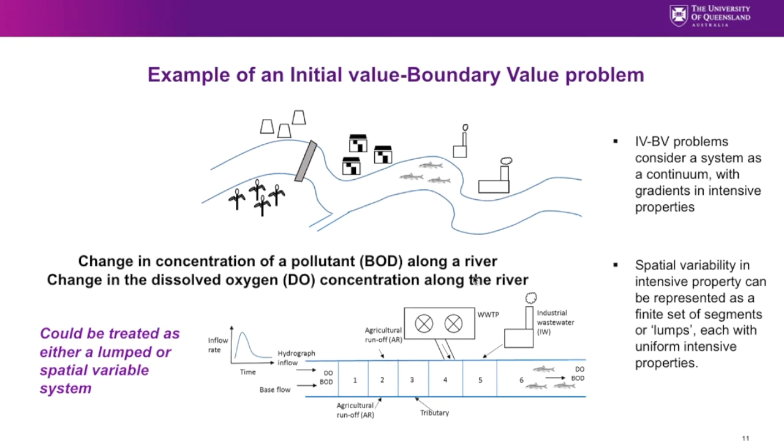And then we'll have section number 2, where the initial conditions of section number 2 will be the final conditions of section number 1, and so on. All right? So spatial variability in an intensive property can be represented as a finite set of segments or lumps, each with uniform intensive properties. Remember that in general, when we are modeling systems, our final question,